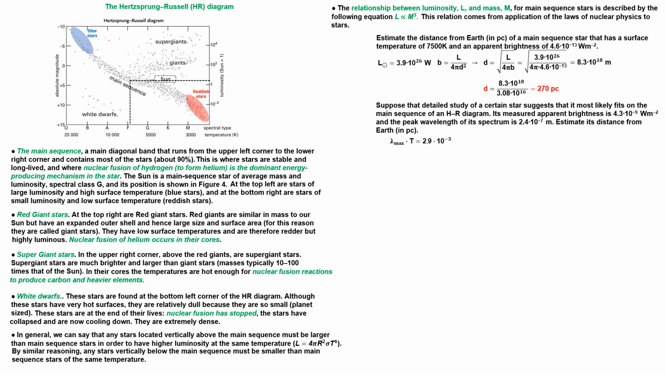From Wien's law, we find the temperature of the star to be given by the luminosity estimated for a main sequence star on the HR diagram of 100 times that of the Sun. We now use the equation for apparent brightness. Its distance from us in parsecs is